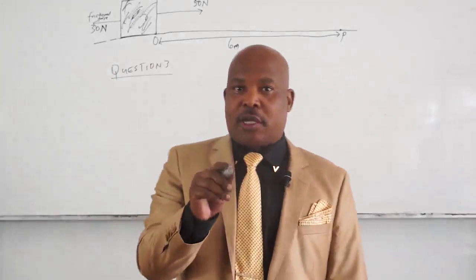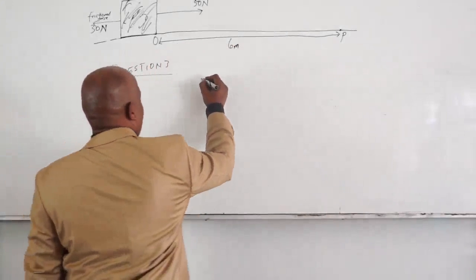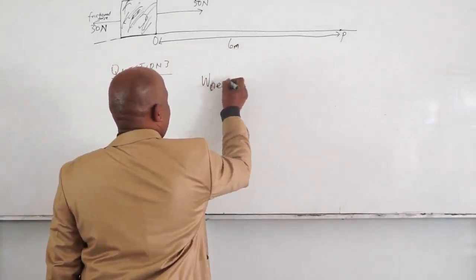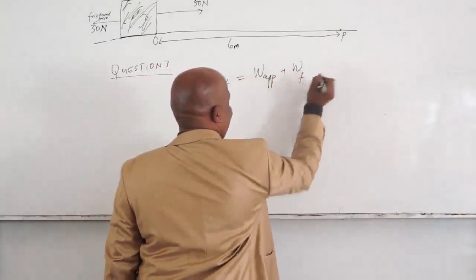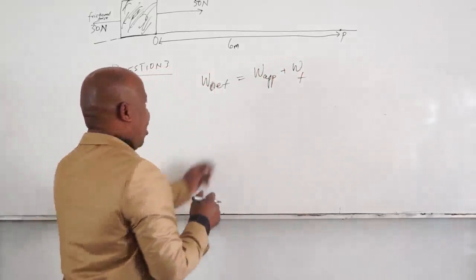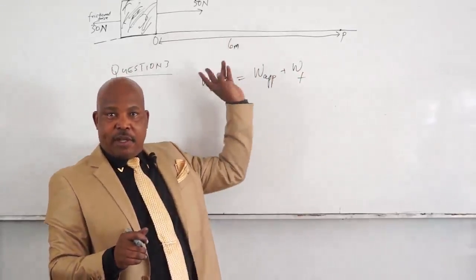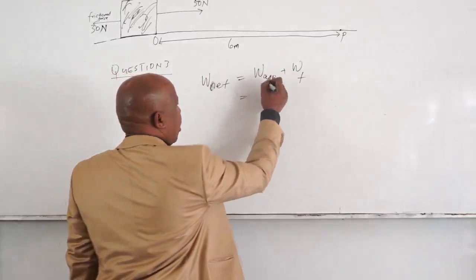I want to show you the second method of question 3. Right. W net equal to W applied plus W frictional force. The reason why I've got only applied and frictional force is that's the only forces that are given on our box. Right, what I'm going to do is, remember,